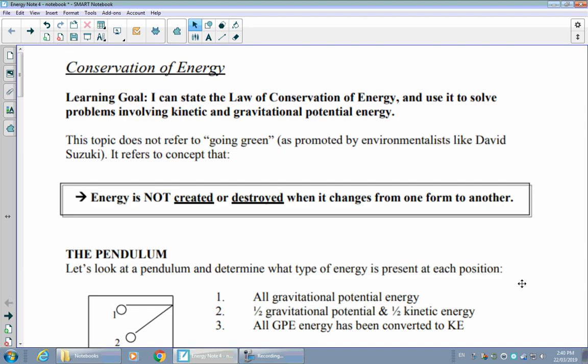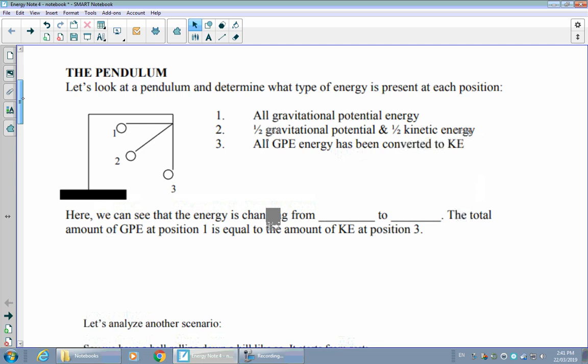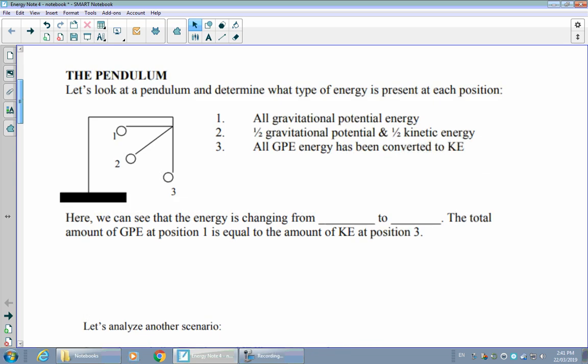So we won't have any new energy suddenly appear out of nowhere, and the energy that we had at the start won't just disappear to nowhere either. So whatever energy we have in the initial stages is all going to be present at the end. It's just going to be converted into some new form. So a simple situation where we can play this out is through a pendulum. And a pendulum is just something that swings back and forth like on a string or from some kind of arm. And so here we have a ball that's swinging back and forth attached to some kind of string.